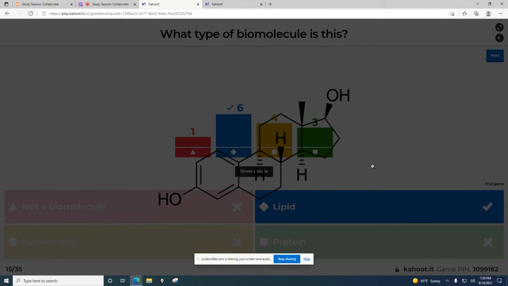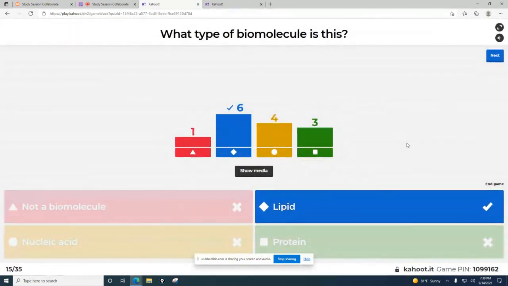In biochemistry and organic chemistry, you'll learn more about this, but you learn basically in here that every point is a carbon, and those carbons are surrounded by hydrogen. So what you should get from looking at this structure is that this is mostly carbon and hydrogen. And when things are made up of mostly carbon and hydrogen, they're non-polar and hydrophobic, and that's characteristic of lipids, right? So that's kind of how we work through that.